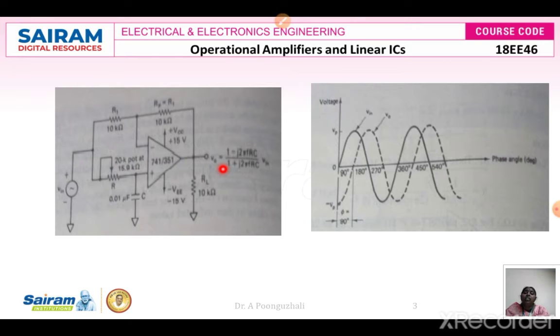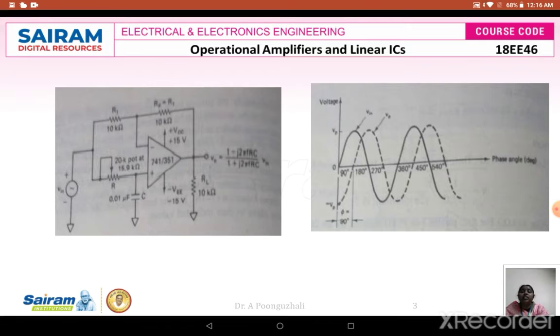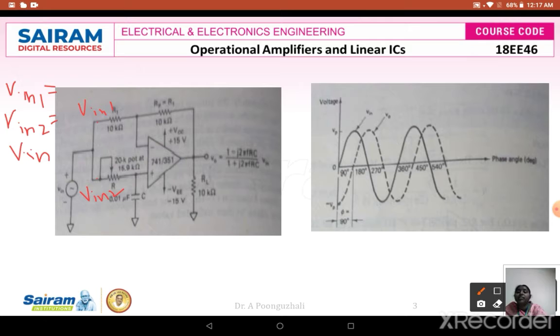So how we are going to see is, first I will assume that the voltage at this point is V in 1, and the voltage at this point is going to be taken as V in 2. So the first consideration is V in 1. We are going to take V in 1 and V in 2, but actually V in 1 and V in 2 are nothing but your V in. This is the first assumption: V in is nothing but V in 1 and V in 2. All are the same voltages.